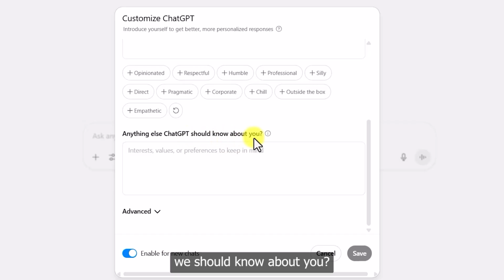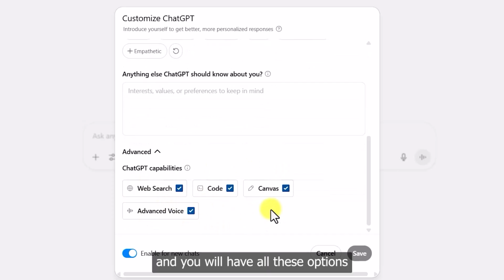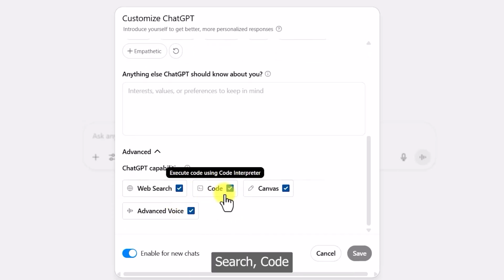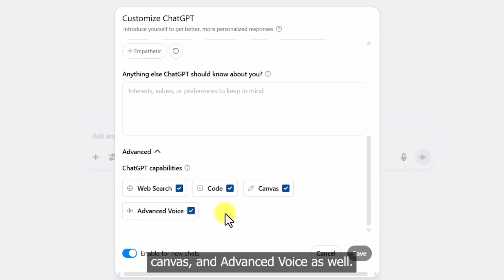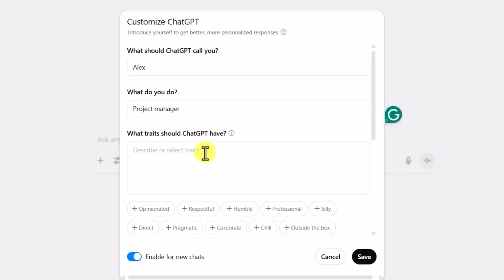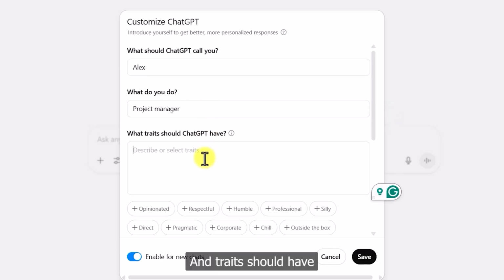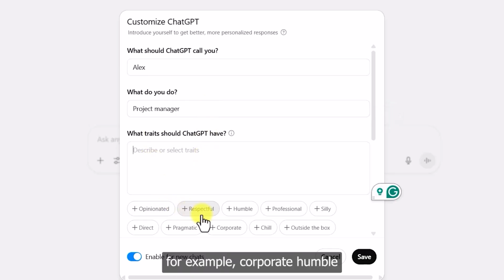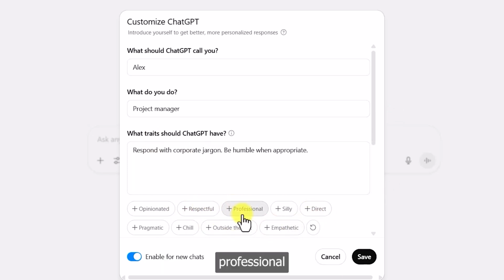Anything else ChatGPT should know about you, and you can just add custom instructions as well and click on advanced, and you will have all these options available like web search, code, canvas, and advanced voice as well. For example, you just type a nickname as Alex, and what traits should ChatGPT have, and you can click on, for example, corporate, humble, professional,